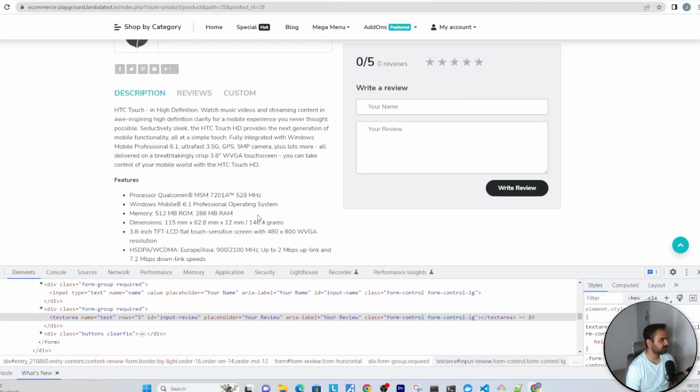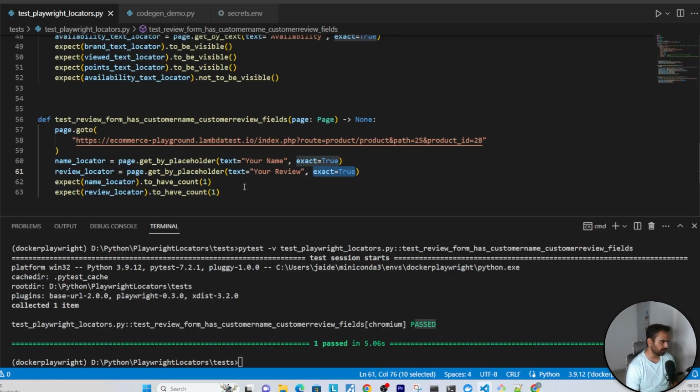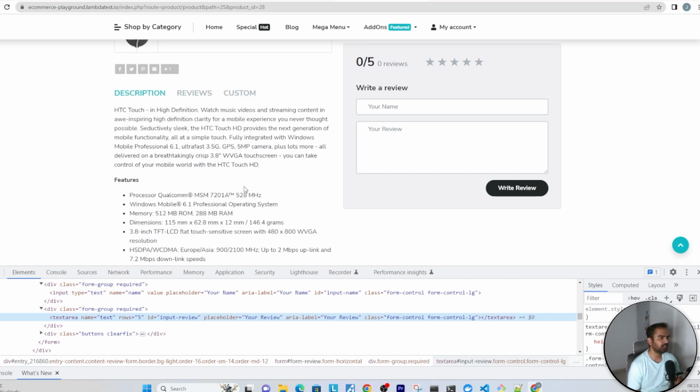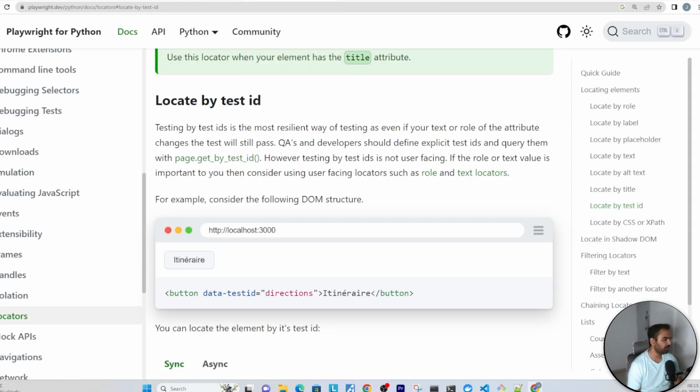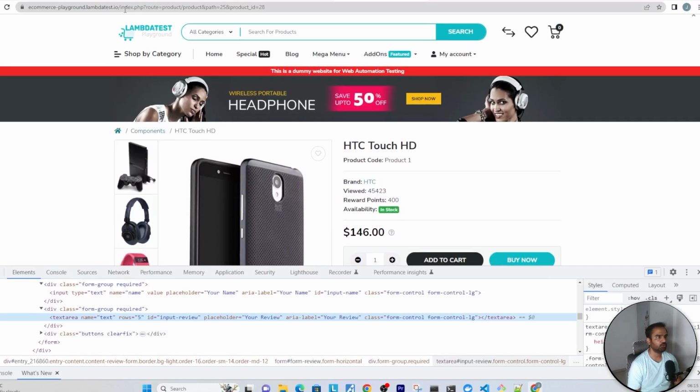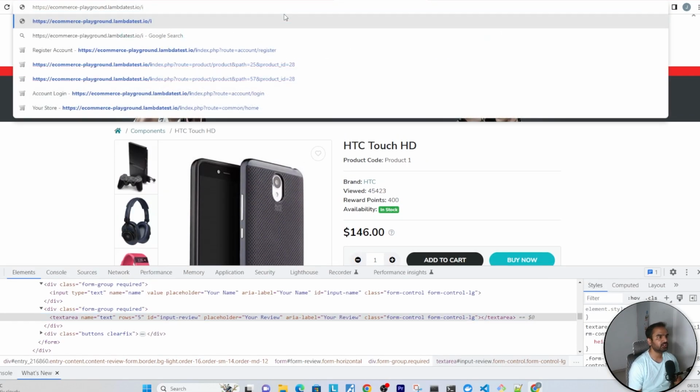So this test case is a little bit less robust. How can we make tests robust? You can have a proper testing methodology, and to each and every one of your elements, you can add a dedicated test ID. So for our demo test website, I think certain